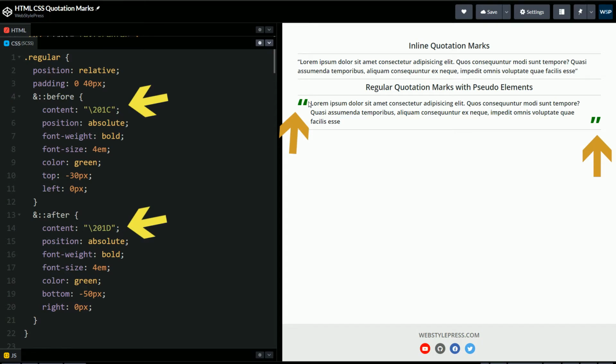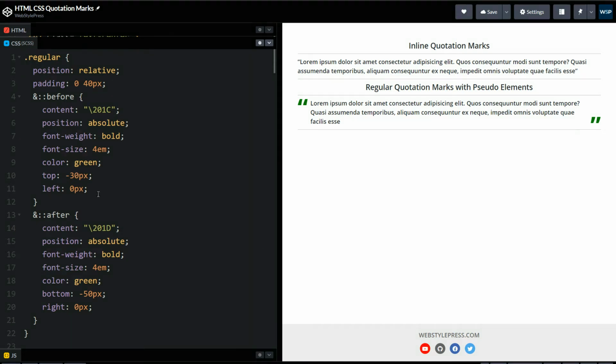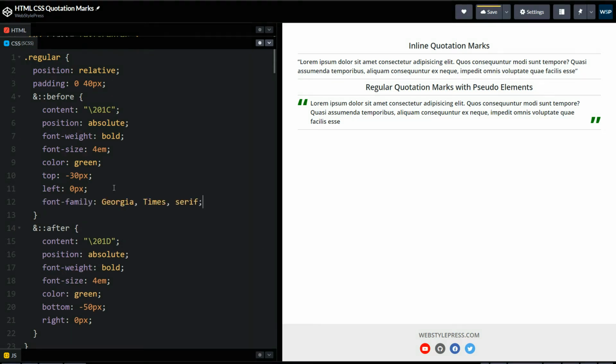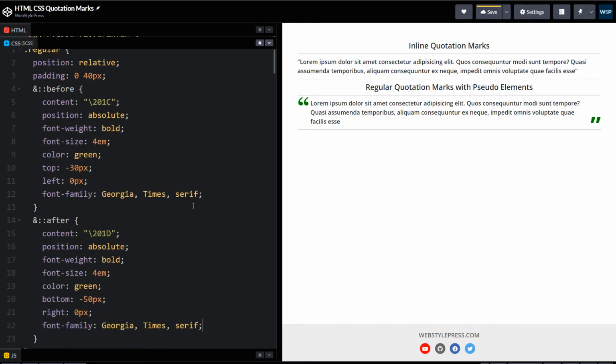But still, do you see these shapes, these quotes? To use a better shape, use the Georgia font family. Now see, this is better now.